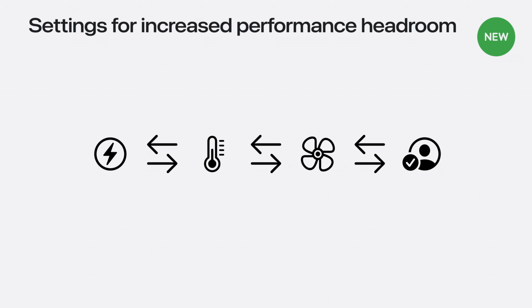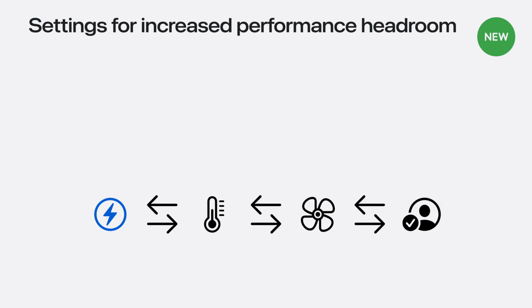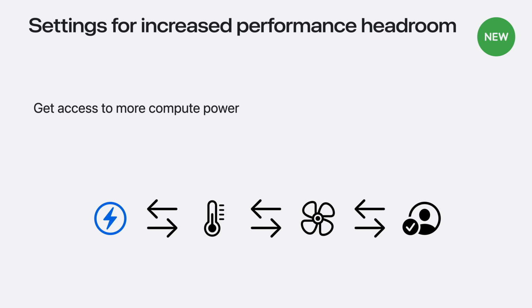With this entitlement, enterprise developers can get access to even more compute power on their Vision Pro devices, in exchange for a bit more ambient noise by allowing the fans to run a bit faster to keep the system running smoothly. In any heavy workload, a developer needs to balance compute power and thermal usage, battery life, and user comfort. In its default settings, Vision Pro has been tuned to have the optimal balance of these three for most use